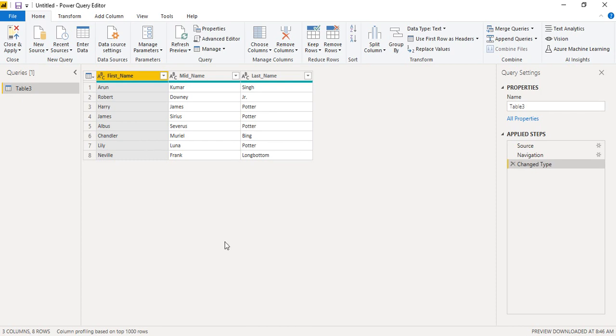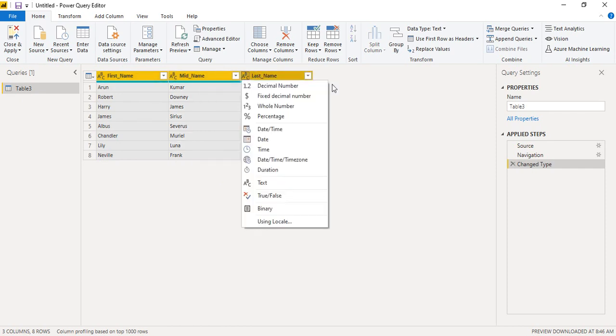Okay, so now what I'm going to do is merge this data. For that purpose, this first column is selected and I'm going to select these two columns as well. I'm going to use control click, actually select this whole column, then control click on the second column, and then control click on this third column. Okay, so when these 3 columns are selected, make sure that you select these columns in the straight order, like first the first name column, then the mid name column, and then the last name column. Then only this will work, otherwise the results would be distorted, right?